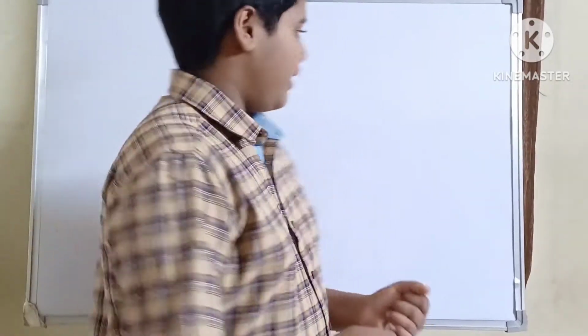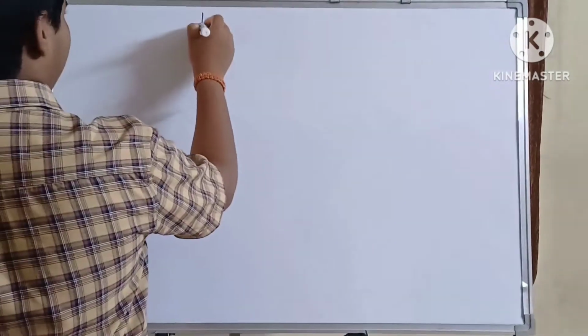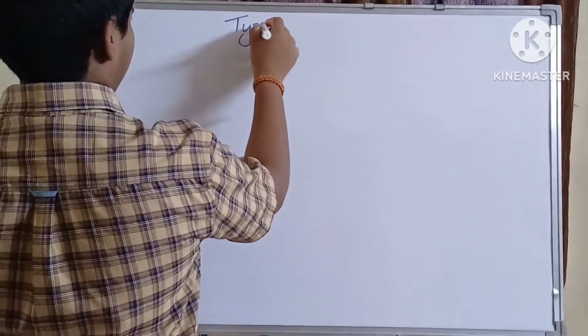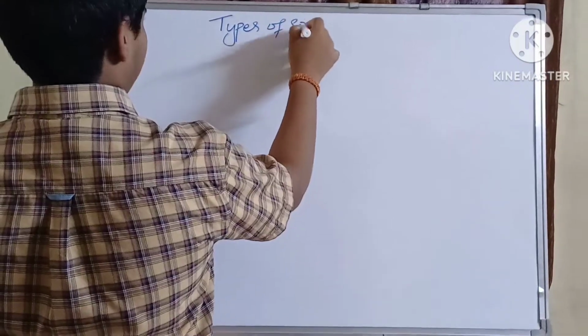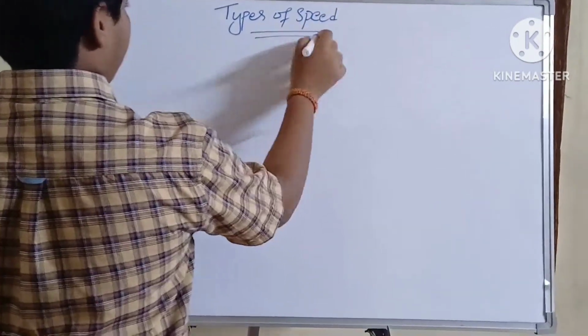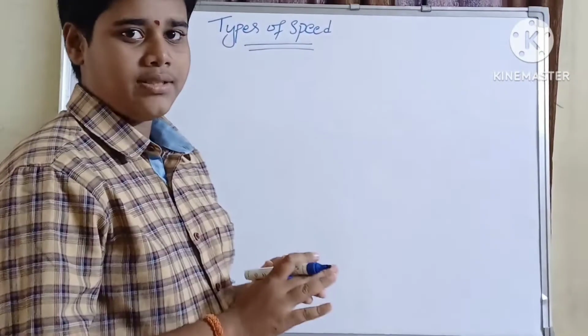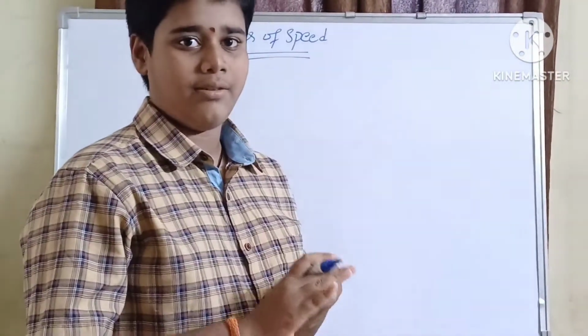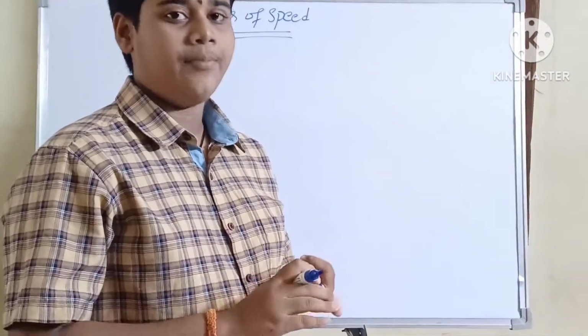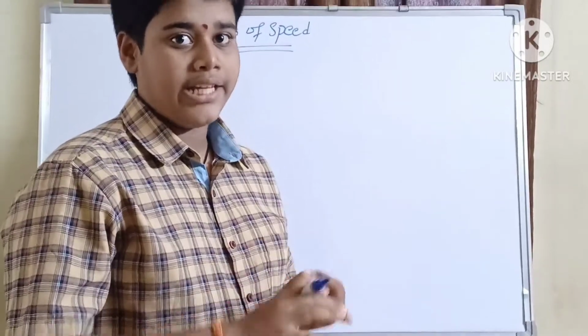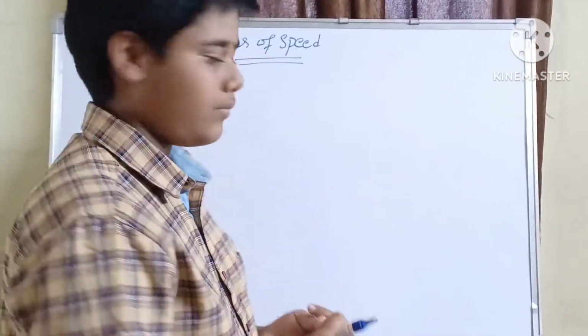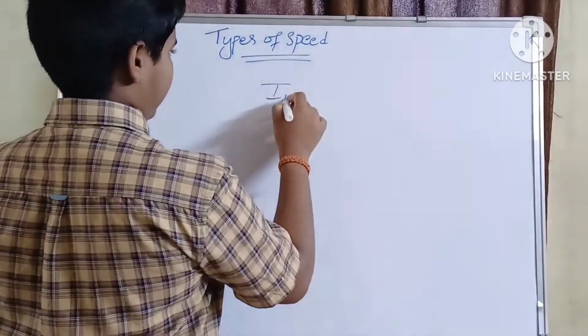I am Bala. Yesterday we have completed speed and its types. In types of speed, we discussed uniform speed, non-uniform speed, and instantaneous speed. Uniform means equal distance in equal interval of time. In non-uniform, unequal distance in unequal interval of time. Okay, in instantaneous speed,